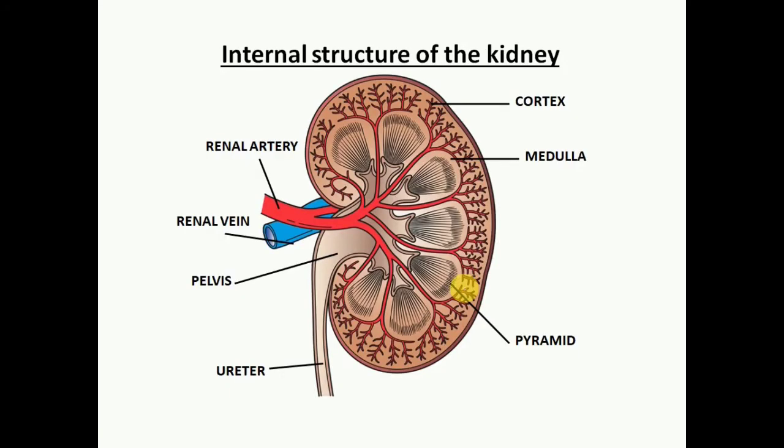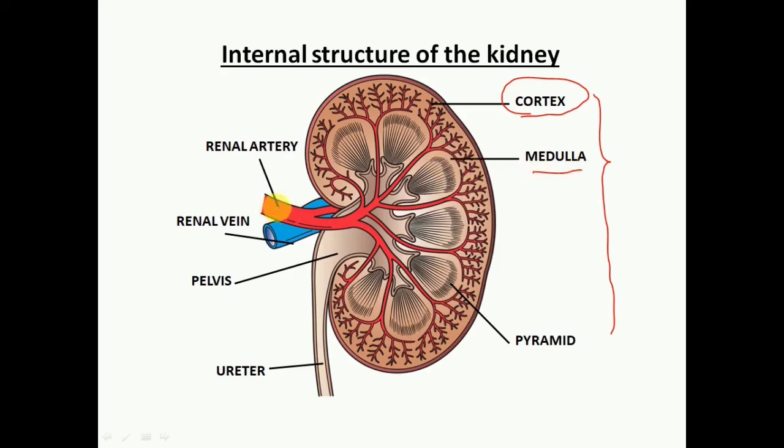Now comes the internal structure of kidney. So this is the important part. You need to remember all this because it often comes in the exam. So what are the main structures that are present in the kidney? The outermost part of the kidney is a dark part called the cortex. As you can see, this is the dark part. It is called the cortex. Now the inner light part is called the medulla.